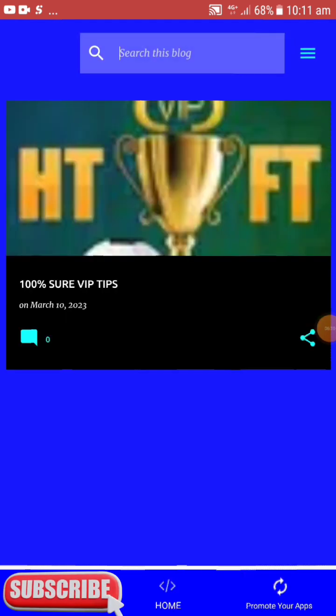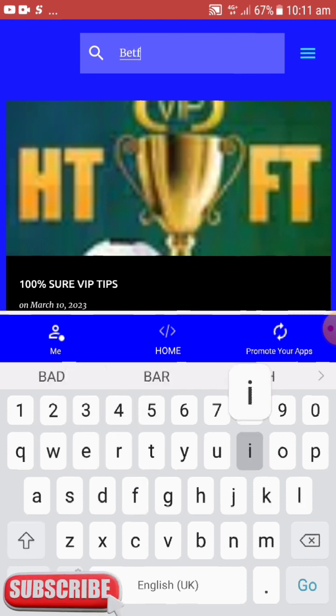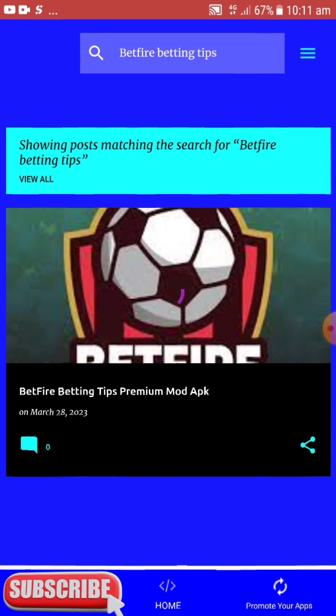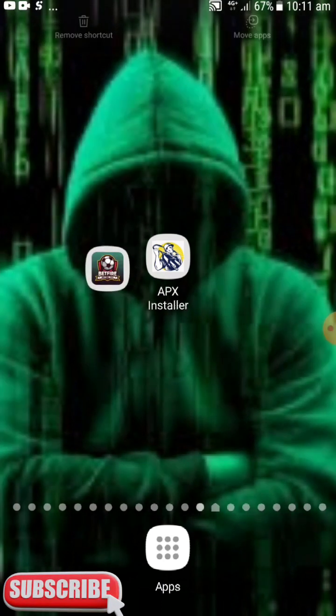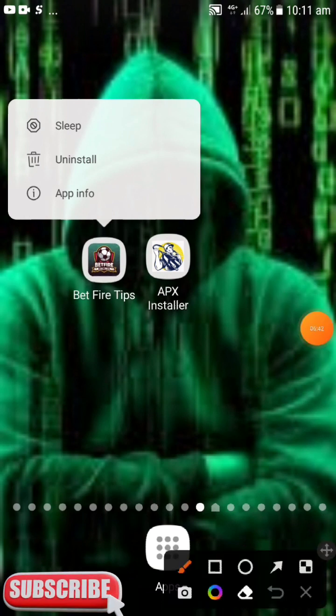So here we go. We are going to tap on the search engine and search for Fire Bet. Remember, the app is installed. We are going to do the same thing here on APX Installer. So here is the result. This is the Fire betting tips premium mod APK. Fantastic. So yes, we have to uninstall this one, downloaded from the Play Store, to allow access to the already hacked